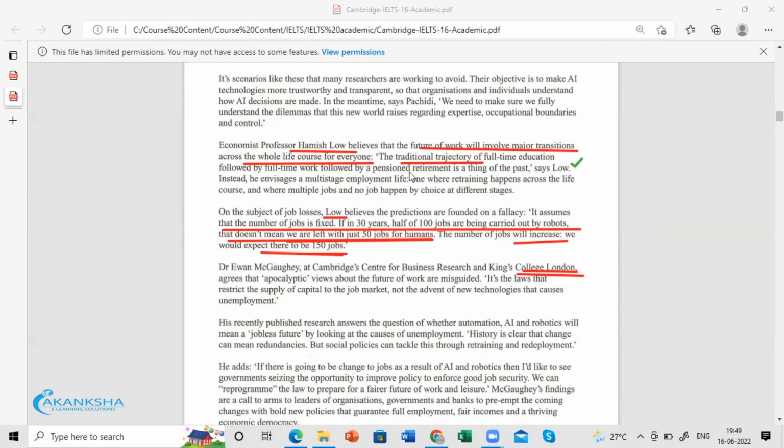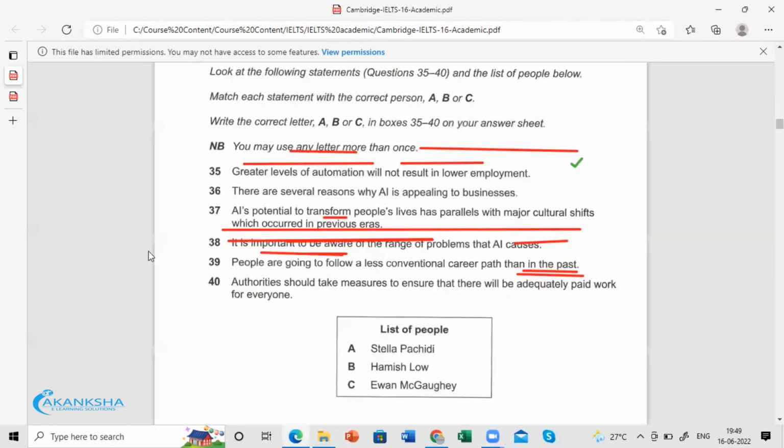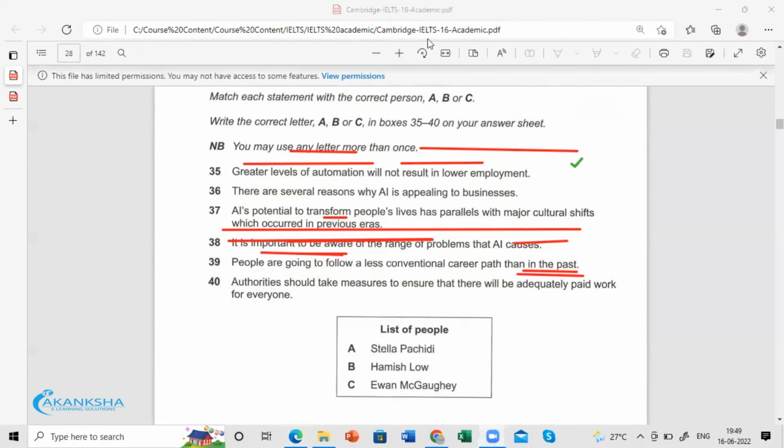Got it? So that's where even with 39, we can match with B, right? That's how the point is for us here. Okay. Well, so that's another type of question that we